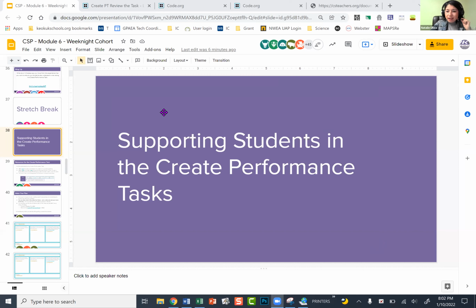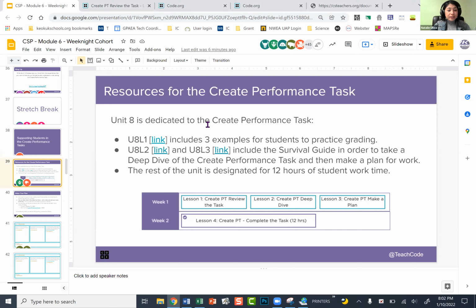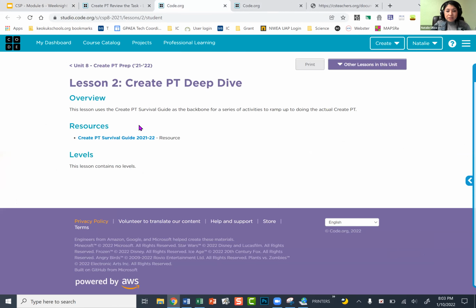Okay, so this is our last section of the night, and how we support our students in the create performance tasks. And it takes us back to what Tim was sharing. So here you have the link to that Unit 8, Lesson 1, and then Unit 8, Lesson 2. And I can show you here, this is Lesson 2. And what it gives you is the Create PT Survival Guide. So if I click on that one,